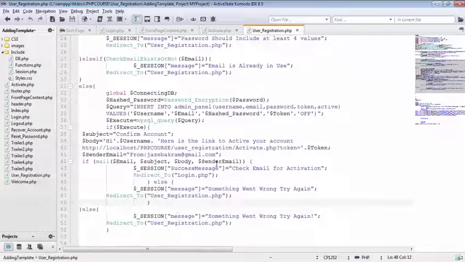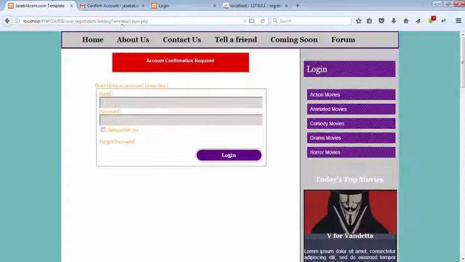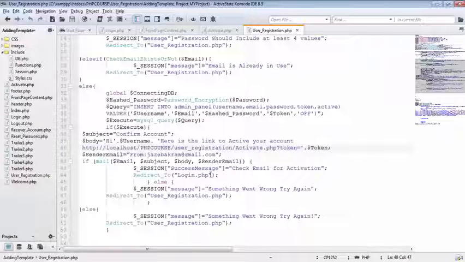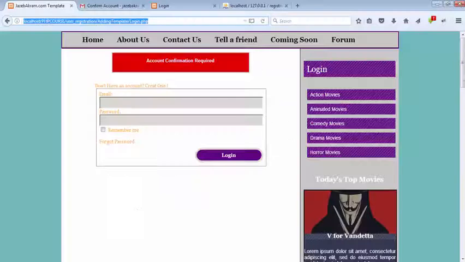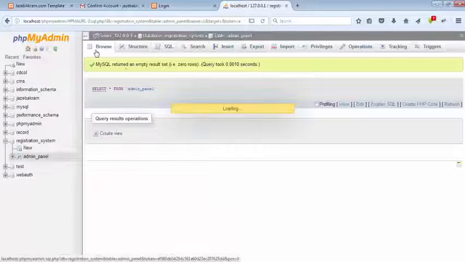So when the user asks for registration, we are sending him a link to our old folder of user_registration. But now our directory has been changed, so we need to update to adding template.php and login. So adding here a folder of adding template. So if the user gets the email, we will send him to adding template, the new directory of our project that has the template. Now saving this one out, if I delete my record here